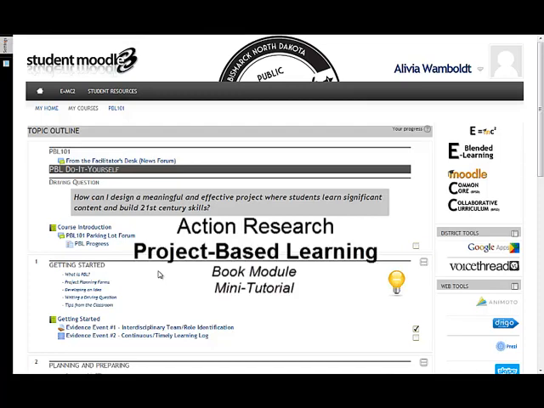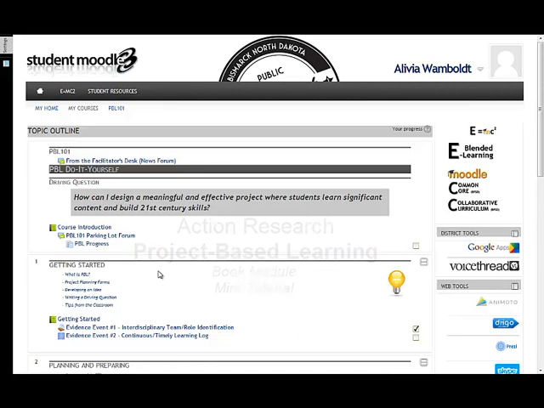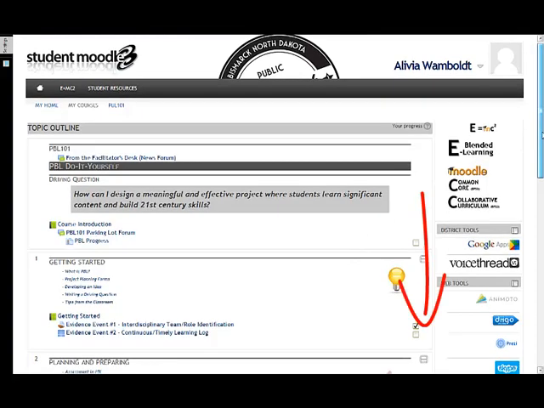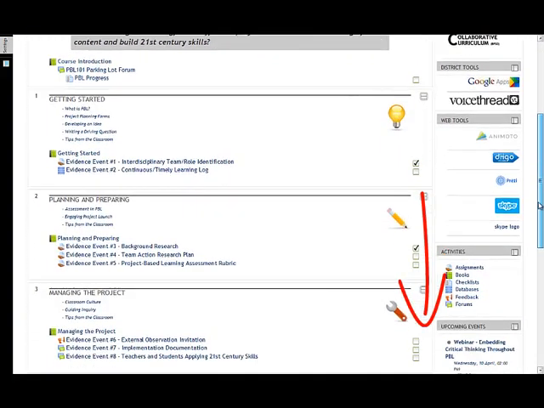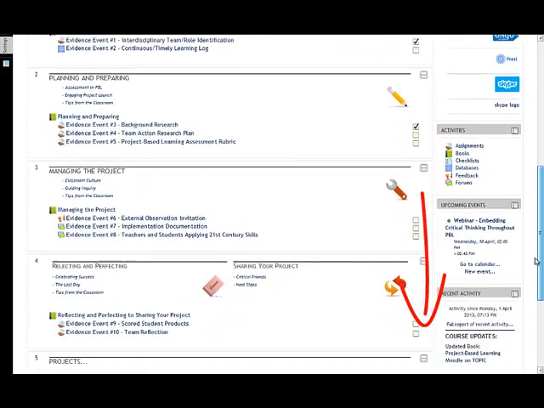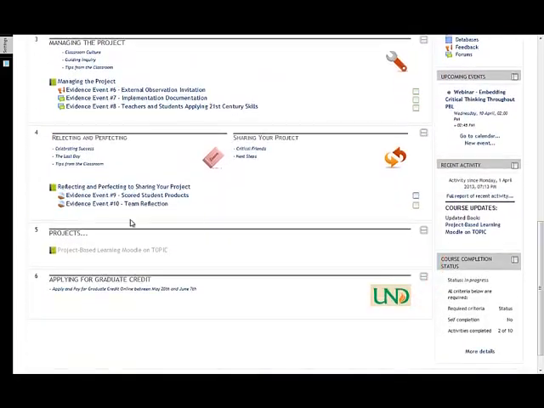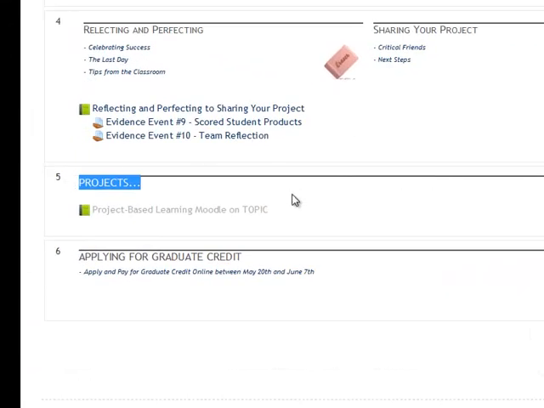Just a Moodle tutorial on tips and tricks on using the book module in Moodle. For those users who are going to be brave and try to use the book module in Moodle for their project, if you scroll down, we've added in topic 5 where the projects will be based. You may notice you just request this, we'll create this book for you, and then your team will have access